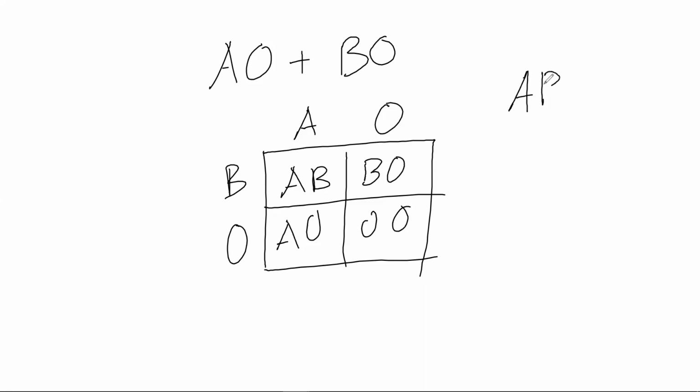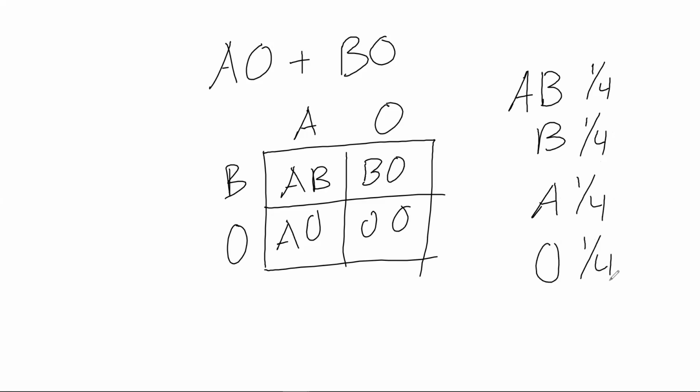So the chances of me having an AB kid here, 1 in 4. Chances of having a B kid, 1 in 4. Chances of having an A kid, 1 in 4. Chances of having an O kid, 1 in 4. Everything makes sense, right? Yes, good. Cool. Let's talk about